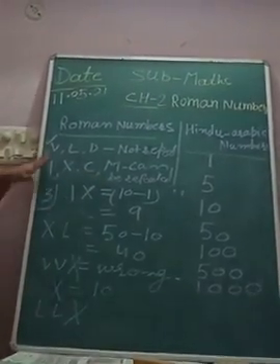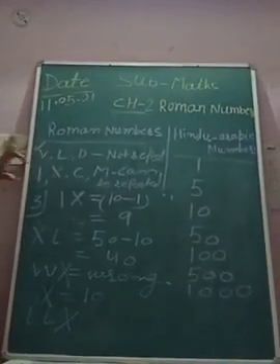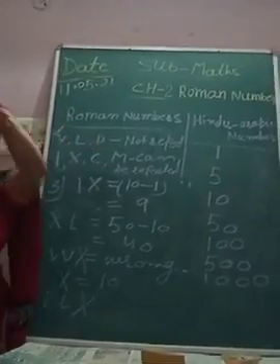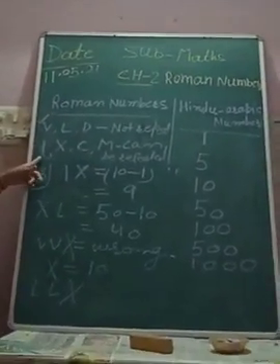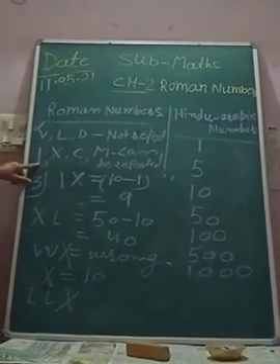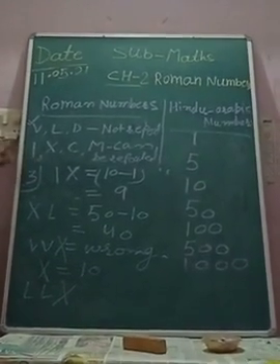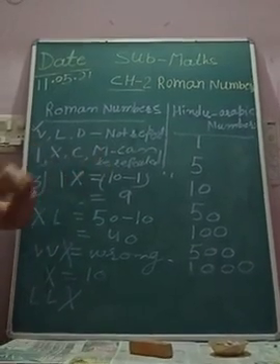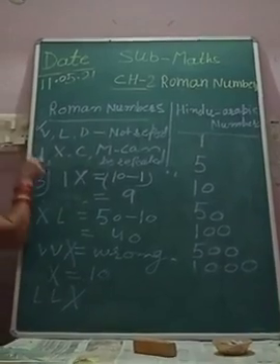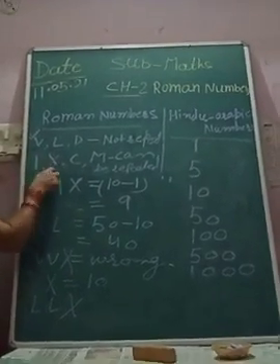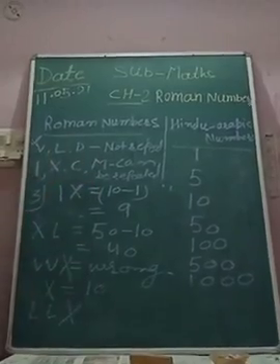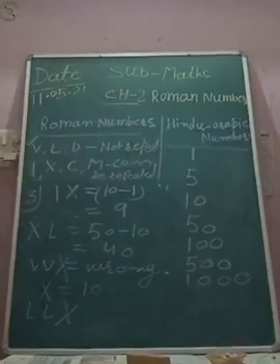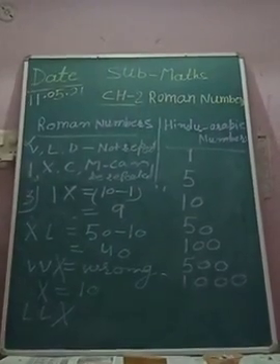Yes. So in the same way that I have explained, there are just 2 things you have to keep in your mind. V, L and D will never be subtracted, and we can subtract only a lower digit from the larger digit. It means we can subtract only I, X, C from the larger digit. And only these I, X, C and M can be repeated. Okay. Do you have anything to ask? Yes, ma'am. If we want to write 950 in Roman numerals, how will we write it?